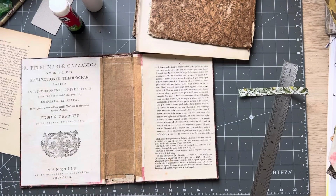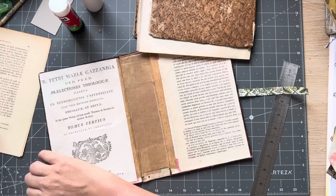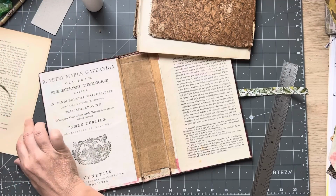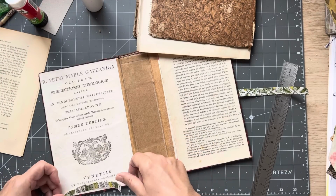Let's see how we go. Yes, I like the jaggedy edge. Just tear that little bit off there. Right. Plenty of glue. So if you don't have a real page like that,